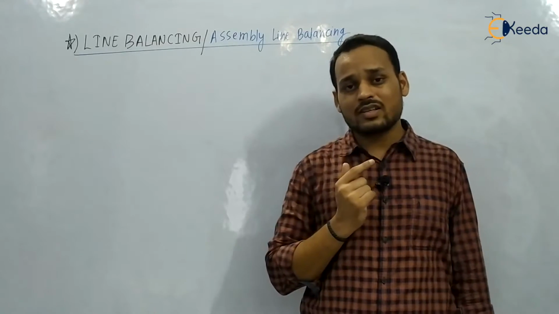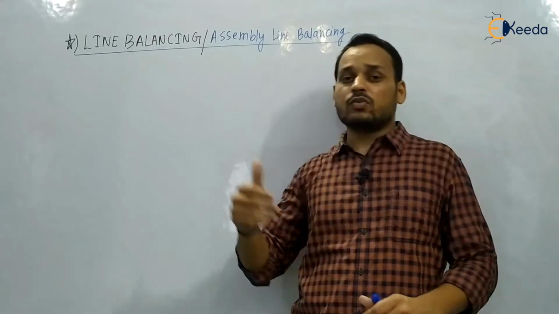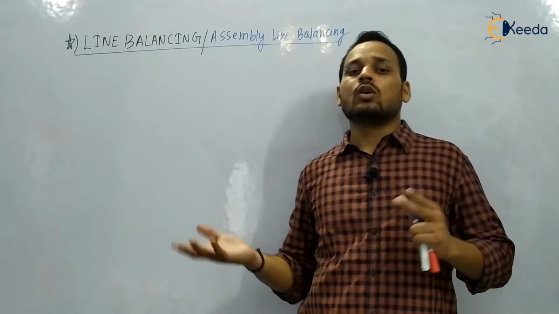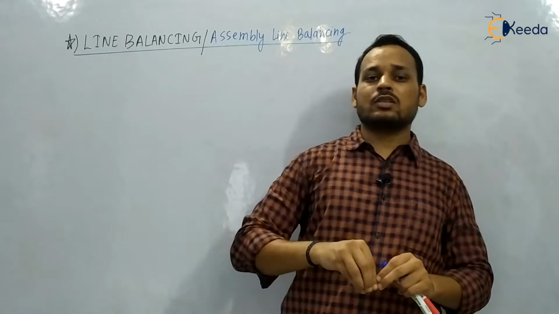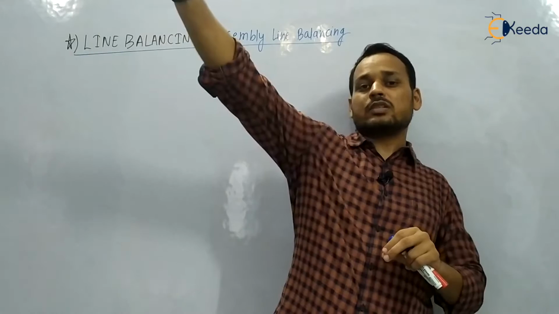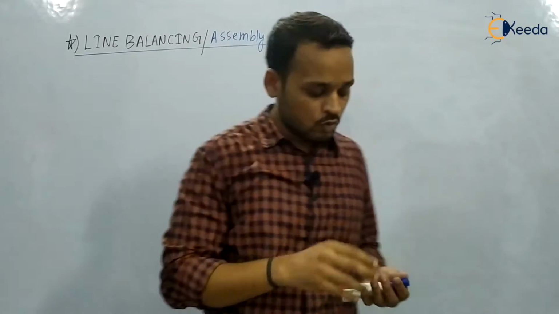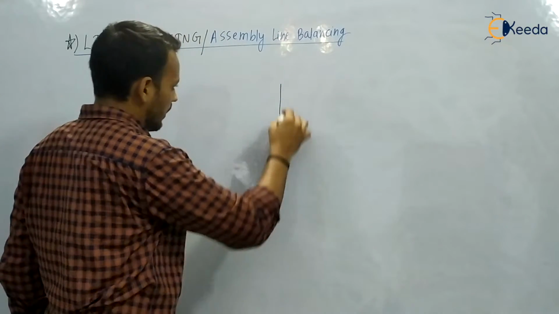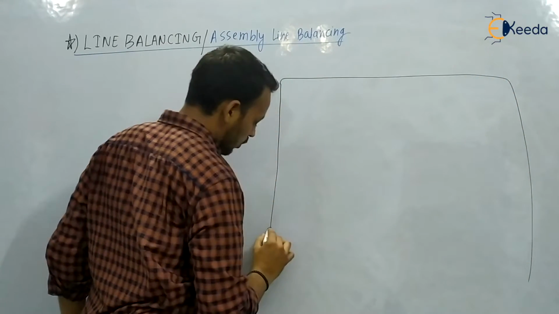So the question arises: why are we going to perform the different work facilities at a particular workstation? Why not simply do it by moving here and there? Suppose the lathe machine is present at this corner of the industry and the drilling machine is present at the other corner. So suppose I am drawing a basic layout, my production plant.